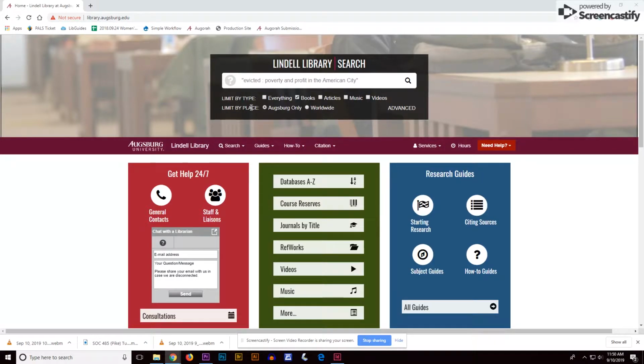You can also limit it to a specific place. So if you're looking for only books that Augsburg can provide you with access to, either in the library building itself or online through our ebooks, you want to click on Augsburg only. If you click on Worldwide, it will search most of the world's library catalogs all at the same time, and then you can order the book from a different library using Interlibrary loan. So I'm going to select Worldwide just so that we can see what that looks like and see what comes